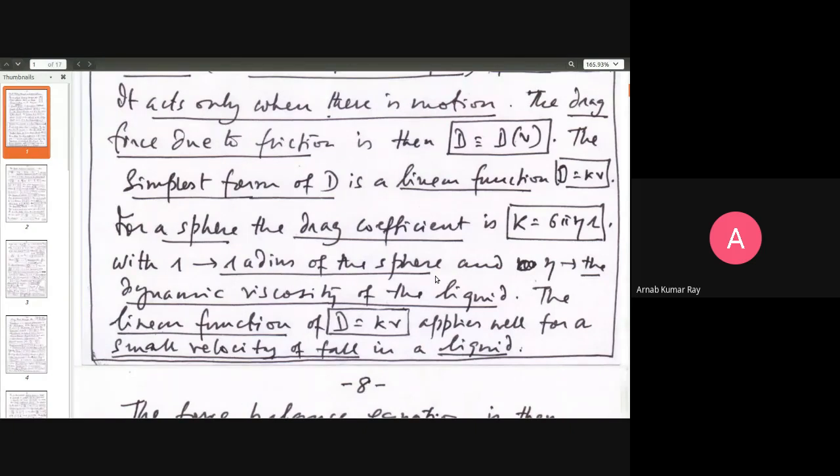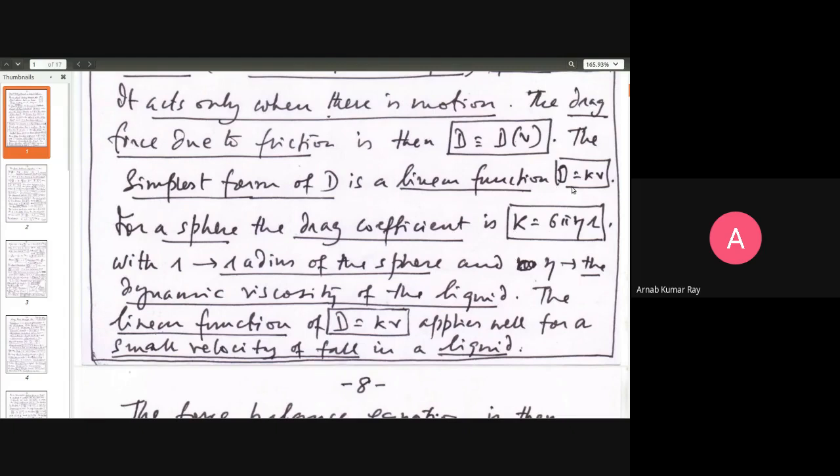Because the tip is the point against which the air will be reacting, or the tip of a stick that you're throwing in the water is the point against which the water will be resisting. So if that thing has a smaller physical dimension, then the resistance will also be small, and the object will have that much easier passage through the fluid medium. So that is what it is.